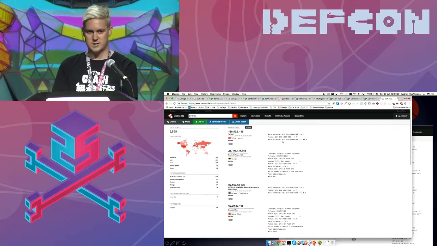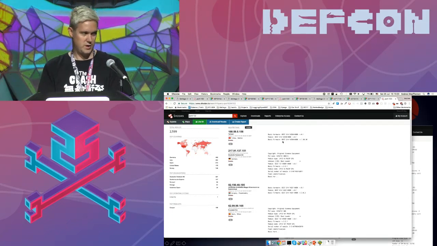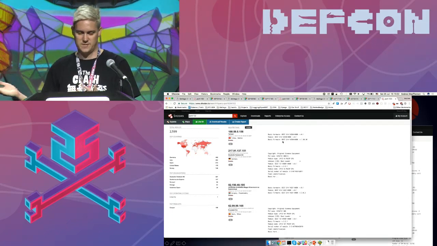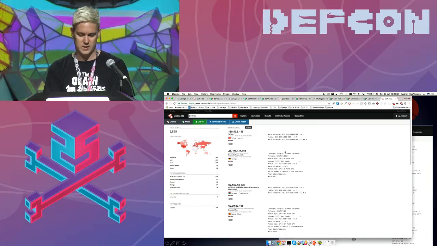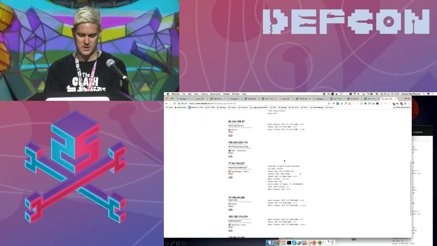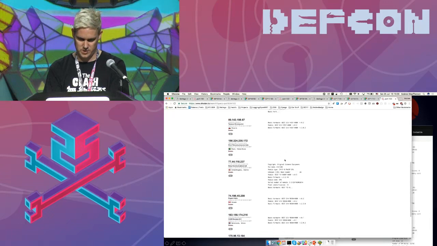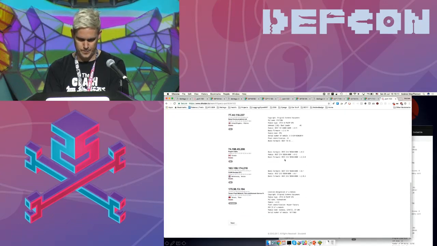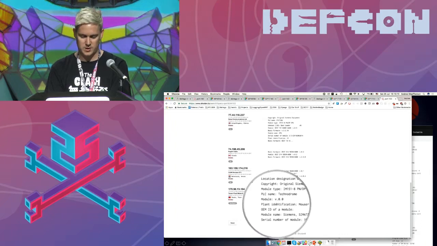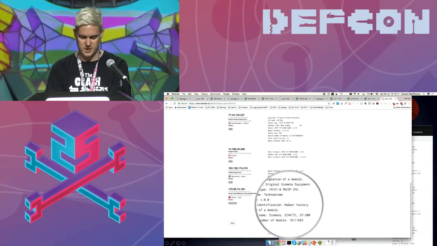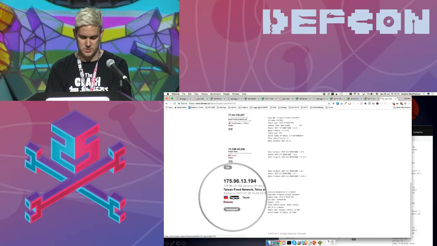But remember, we're trying to target something. Like, I don't want to just go and shotgun approach every single ICS device in the world. I want to find specific ones. And most of the time they don't have sort of the information filled in. So I think there will be one, maybe. Yeah, so here's one that says, hey, this one's got a plant identification. It's at the Mauser factory, and it's in Taiwan.